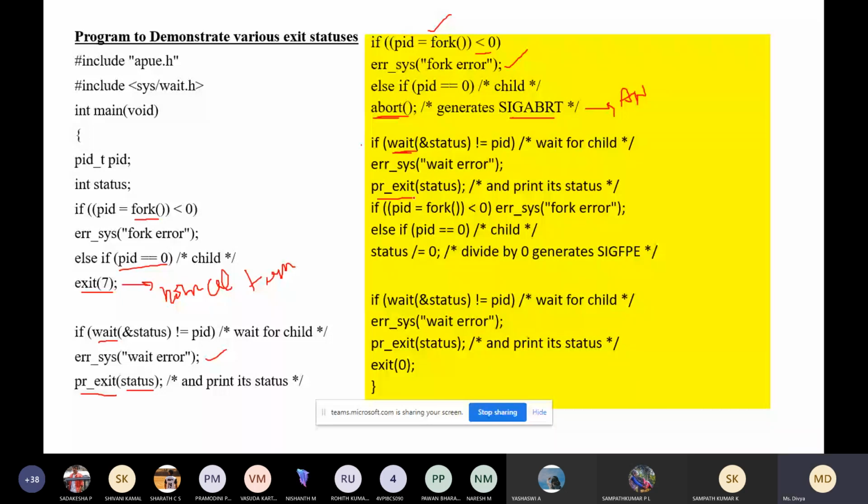Next, again here, this is one more abnormal termination. Why? Because what we are doing here is we are trying to divide by 0. We have studied that this is also an abnormal signal.